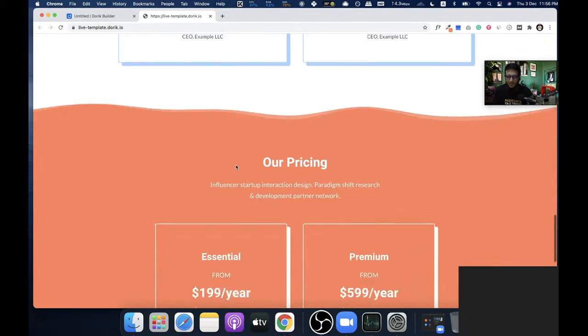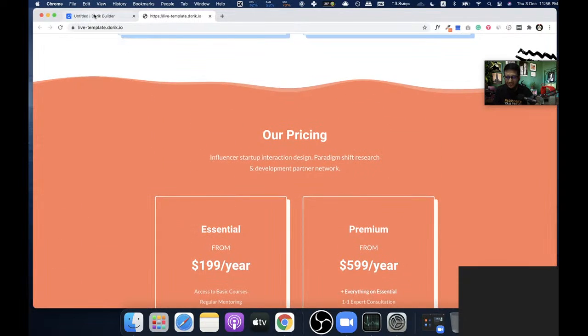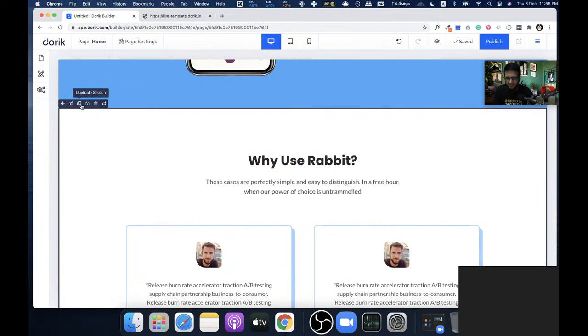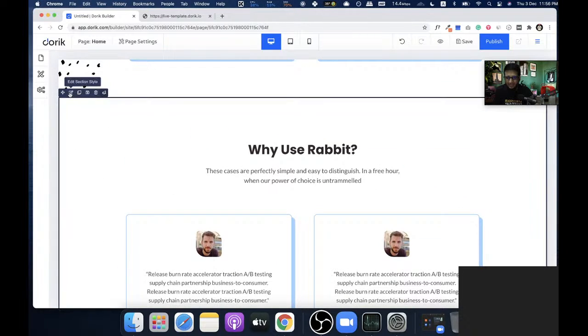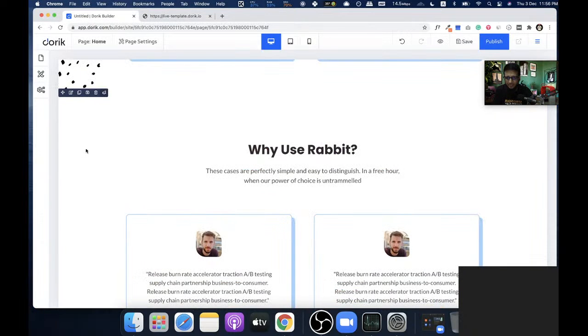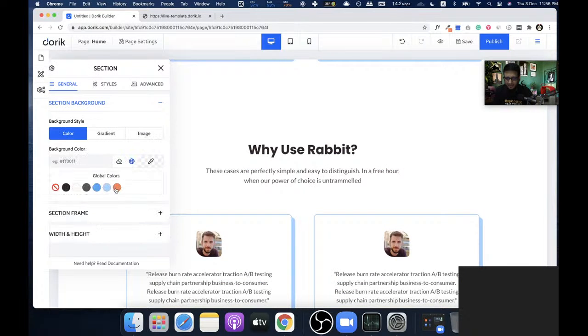So there's this section also done, and this section, as you can see, we can build with this section too. Just duplicate and we can build this one too. Let's do it. But this one has a section separator at the top, so we are gonna use it too. So duplicate this section and change the background color. We'll change the background color to the orange.